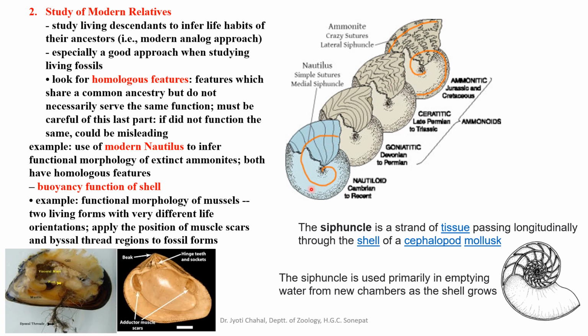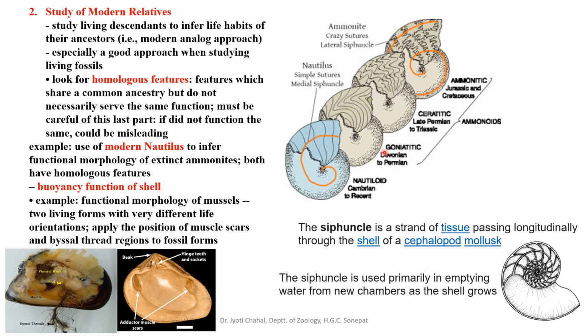What are homologous features, by the way? Homologous features are those features which have the same logos. Logos means origin. Homo means same. Homo plus logos, same logos. That means same origin. They must have originated from the same common source, that means the same ancestor. But they can have slightly different functions. Such organs are termed homologous organs, or homologous features. So in the example of this modern nautilus, we can utilize its functional morphology to determine the functional morphology of its ancestors, which are termed ammonites.